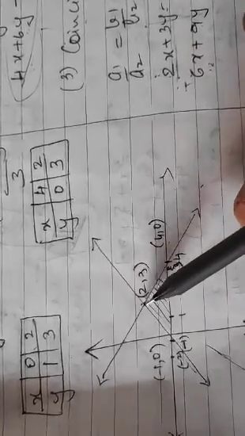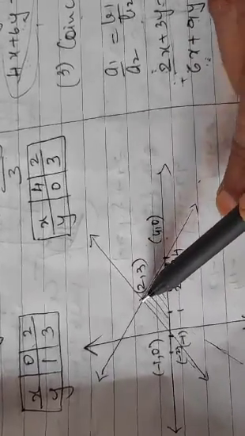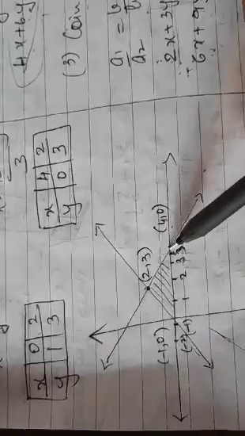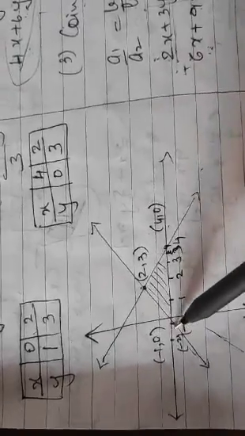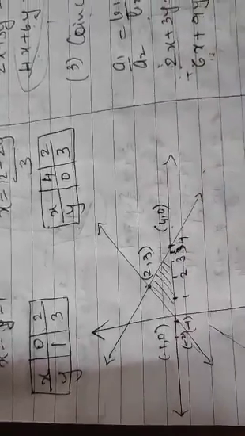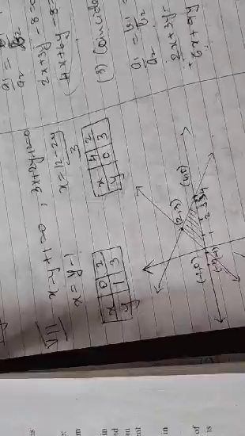Okay. So when the triangle is formed, you try to find the coordinates. Coordinates of the triangle's vertices: the first is 2 and 3. Second vertex is 4 and 0. Third vertex will be minus 1 and 0. Is that point clear or not? With that, the exercise 3.2 on graphs is over.